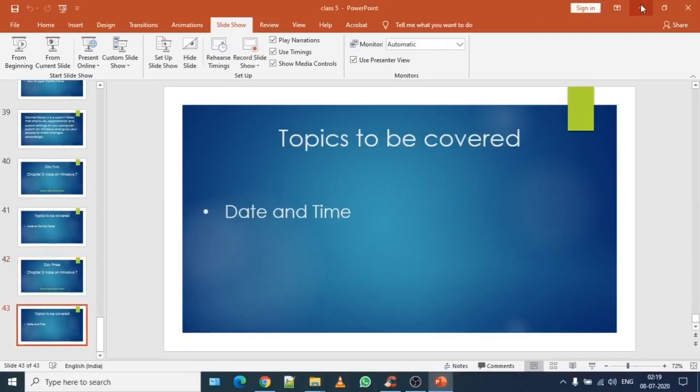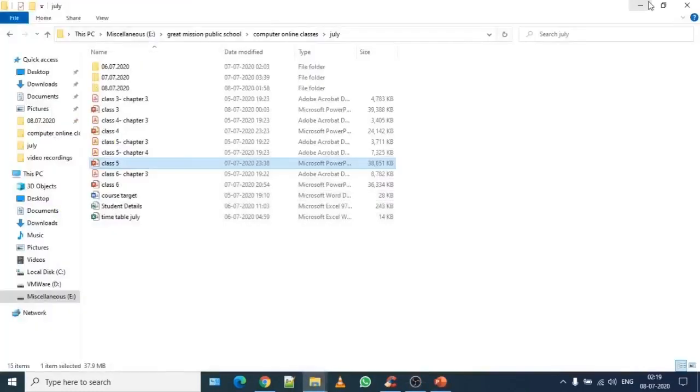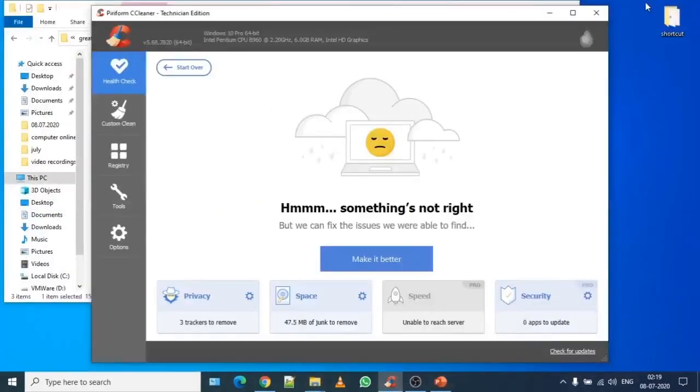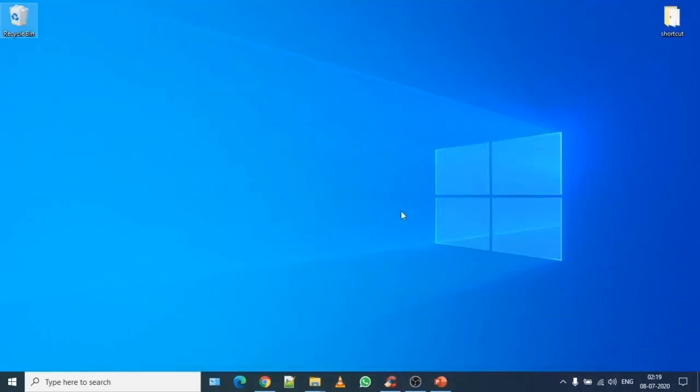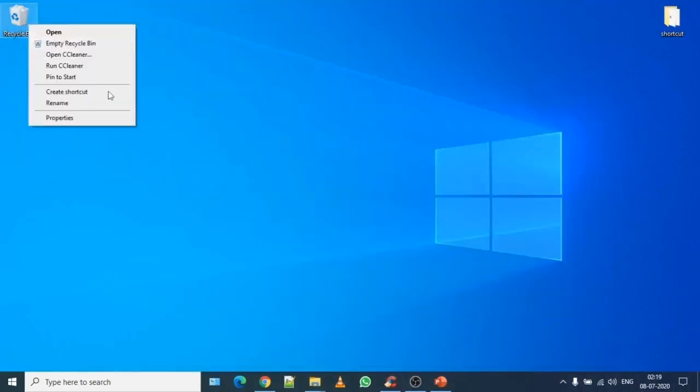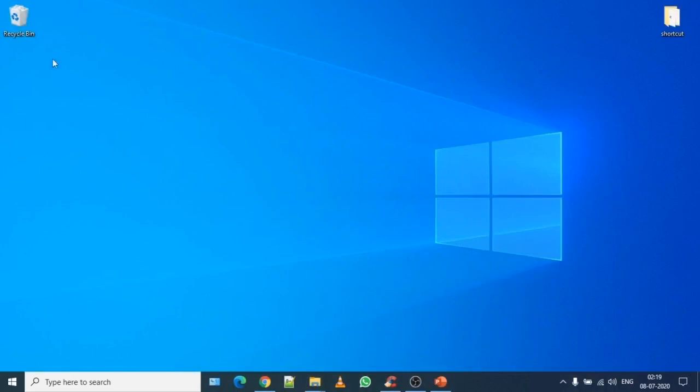Let me minimize this slide. And so many windows were open. So if you check your desktop screen, at the bottom portion, this horizontal bar is known as the taskbar. On the right side of the taskbar, near the notification area, you will find date and time.